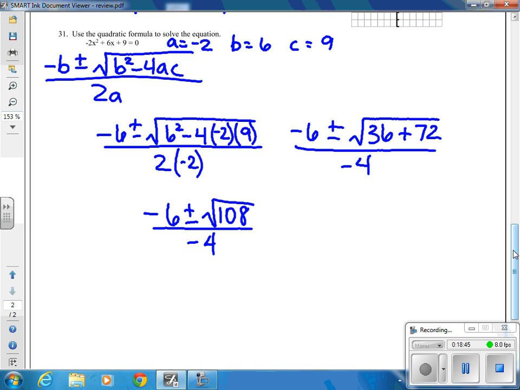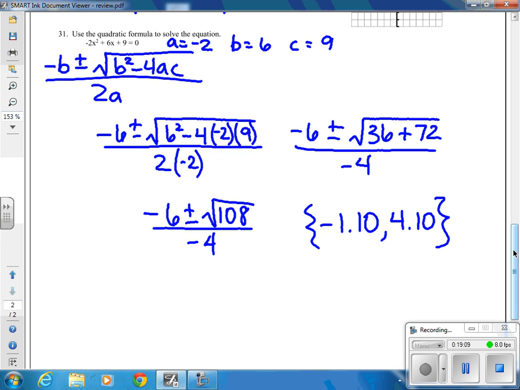Right? So after you type in the first one, -6 plus radical 108 divided by -4, you should end up with a solution of -1.10. Remember, we round to the hundredths place. And then when you type in -6 minus radical 108 divided by -4, you should end up with 4.10. Okay, and then close your braces. Those are the 2 solutions that come from that equation,